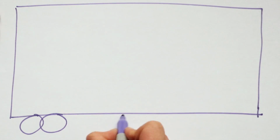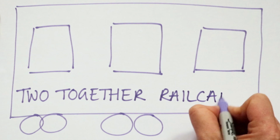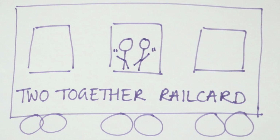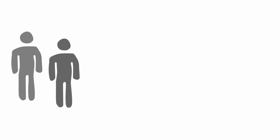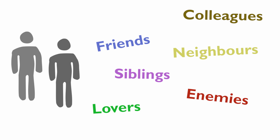The 2 Together railcard is a brilliant railcard that lets 2 people travel together and get a third off the total fare. Note that you must always be travelling together, but what we like is that you don't have to be a couple. You can just be friends or relatives as long as the 2 of you are together whilst